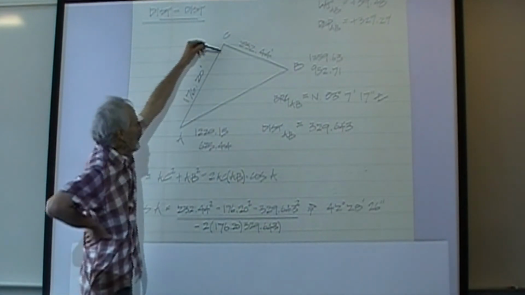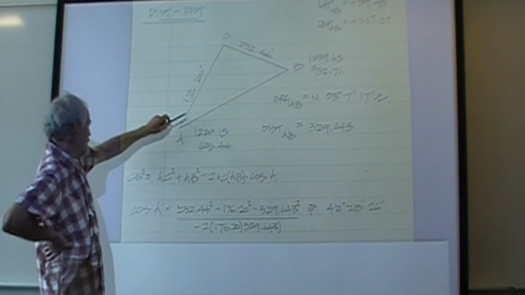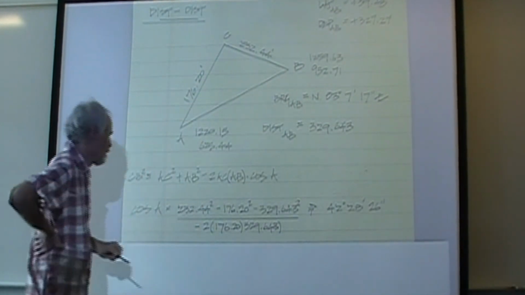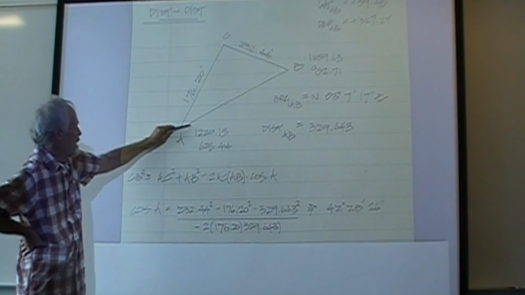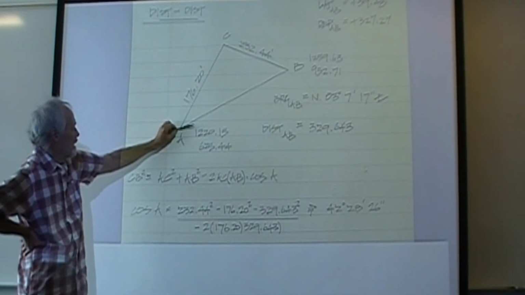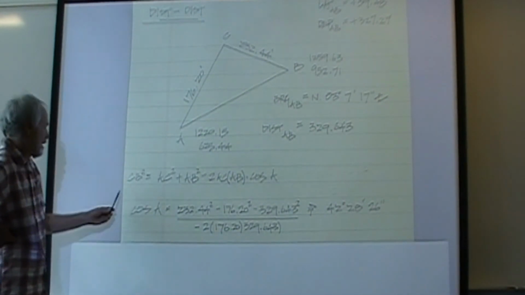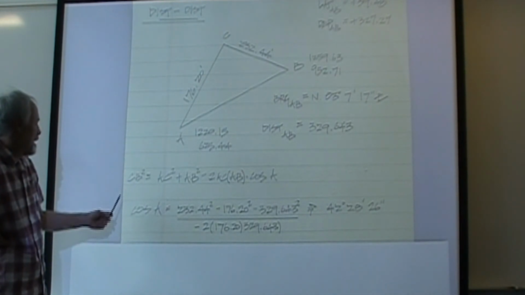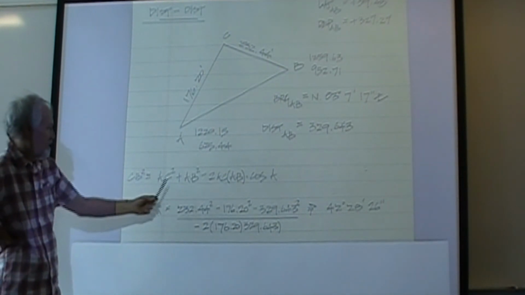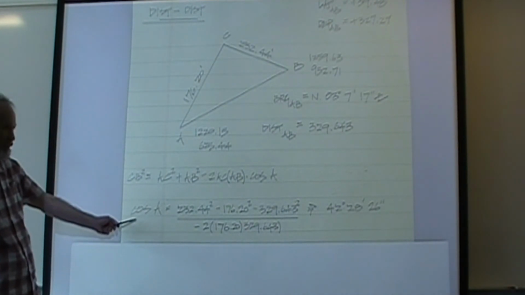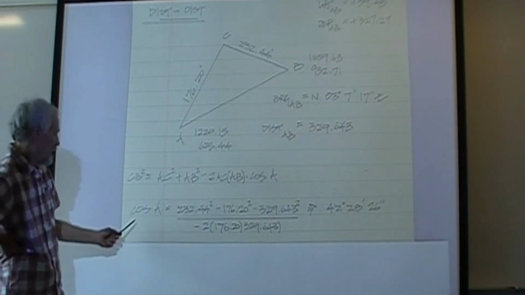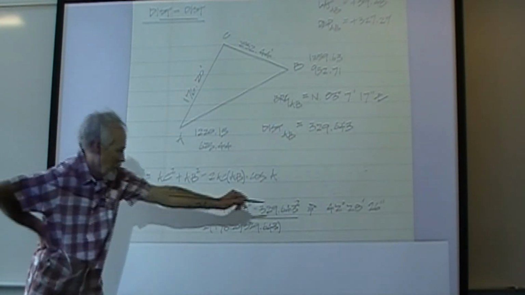So what you want to do is solve an angle that's smart for you. This angle is probably not going to be valuable, but the angle here or here is going to be really useful. So what I'm doing is choosing to solve the cosine of A. That'll give me this angle, because once I know this angle, I can solve this bearing. So notice I'm using the cosine law, plugging in the values of distance, which I know, but I don't know the A, so I back that in and solve the cosine of that, and ultimately taking the arc cosine of this relationship gets me that